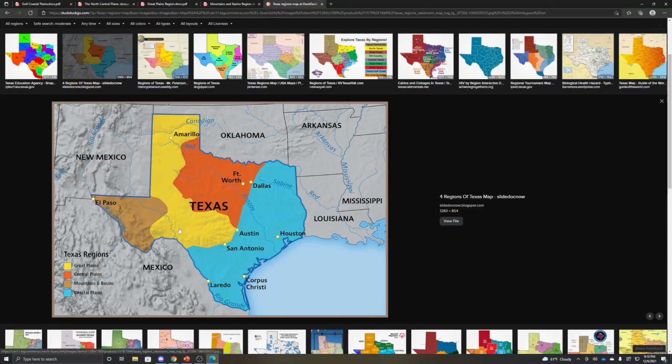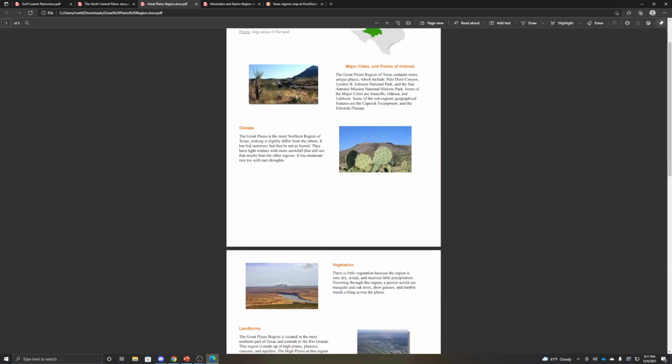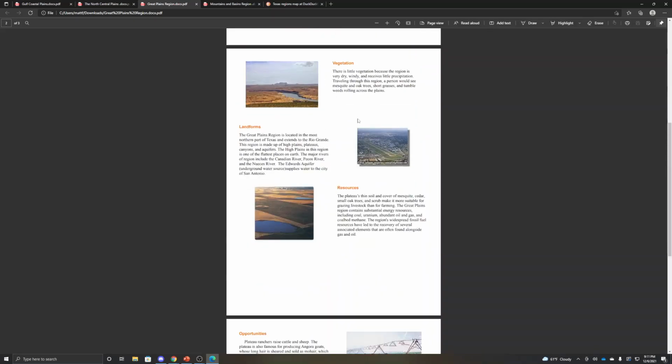Next, we're going to do the Great Plains here. Great Plains comes down from Oklahoma down to the center of Texas. So again, Great Plains is right here. It's very flat. I mean, incredibly flat. It just goes on and on and on. So it's going to be pretty dry, actually. It's hot summers, very dry, though, not that humid. But they do have some semi-chilly winters and a lot more snowfall. But it has enough rain to support plants, though. We'll say that.